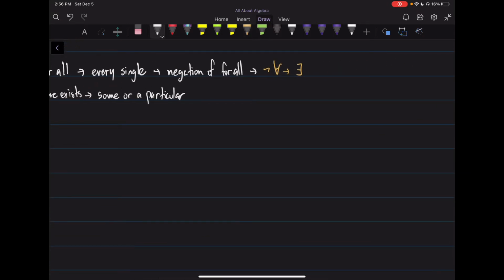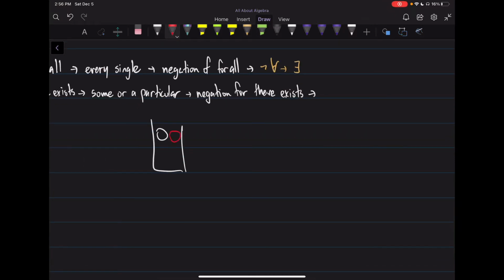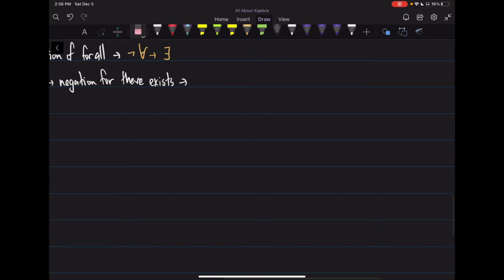And now, similarly, if we have the negation for there exists, well, if there's a negation for there exists, right? Think of the ball example again. There's a couple different balls in here, right? And if I'm not taking one, or if I'm not taking a particular one from it, or a particular subset of it, or if I'm not taking maybe one or two or a certain amount from it, what's the opposite of that? I'm taking all of them, right? So you can say the negation of there exists is for all,